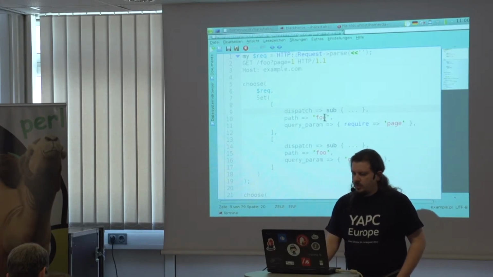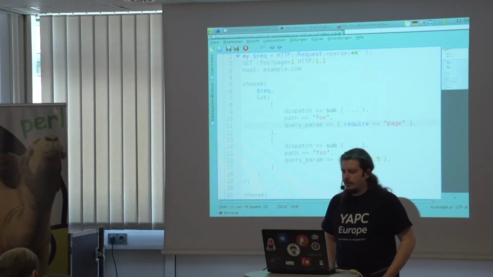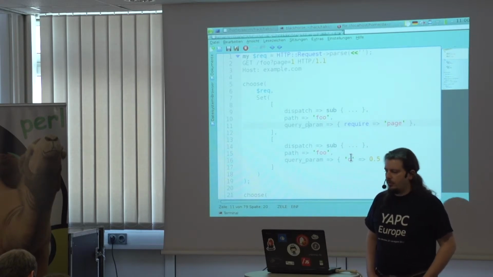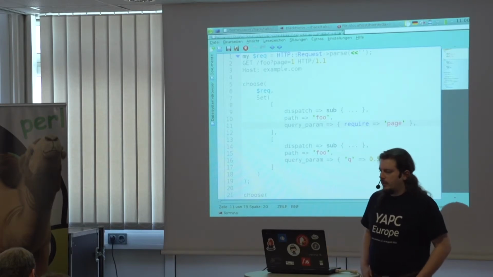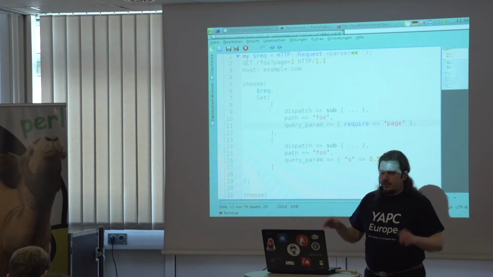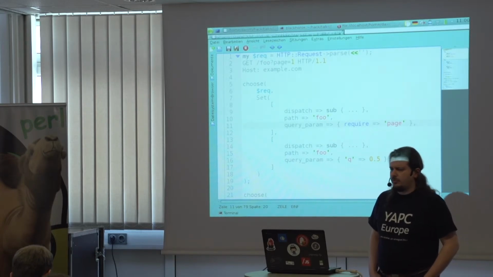Both of these must match on the foo part of the path, and the one has a page query parameter, and the other one doesn't specify anything, so it doesn't matter whether there is a query parameter of anything, and a quality value of a half. And this generalized choosing or selection algorithm, which is also part of the HTTP spec in its concrete form with the accept headers, then figures out,